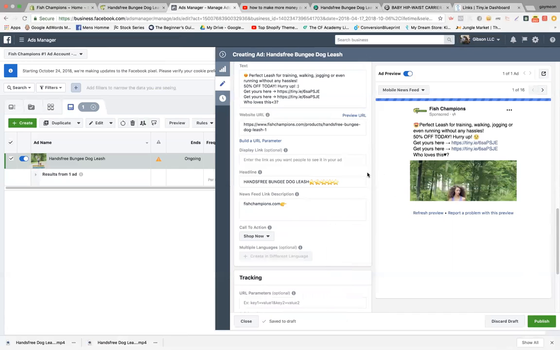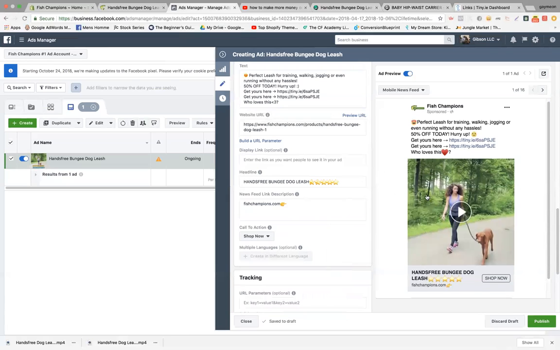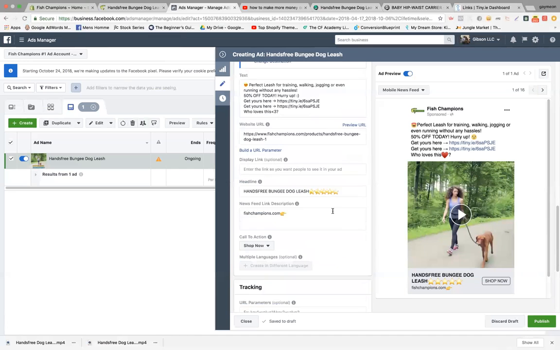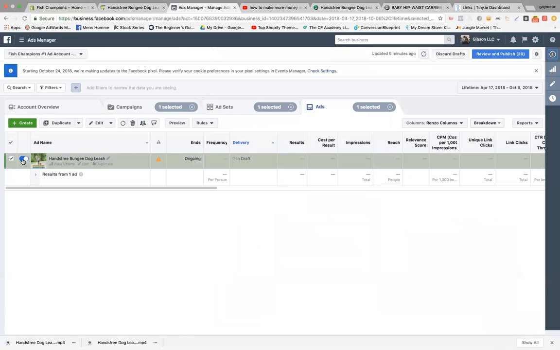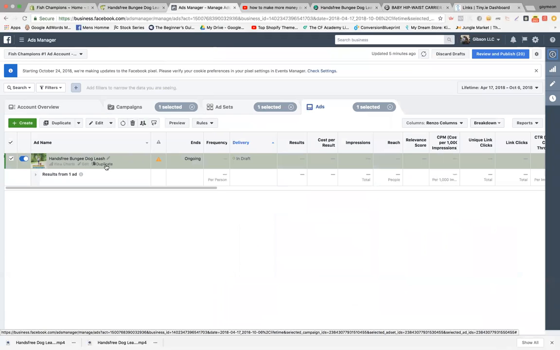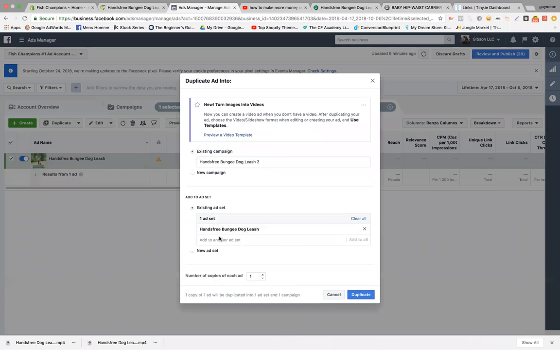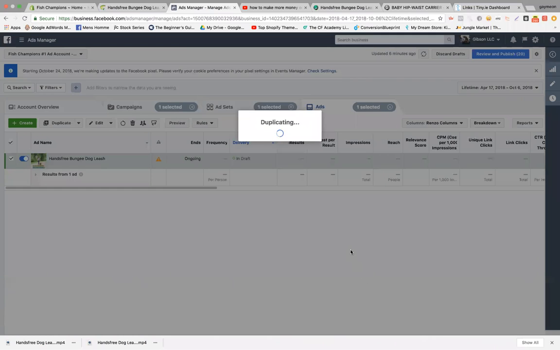So just going through the sequence, you want to see what it looks like when the customer sees it. Perfect, it's looking great. All right, hands-free bungee. So the next thing that you're going to do is duplicate this ad 4 times. So Q4, our tested model is 4 ads per each ad set. So duplicate this ad 3 more times, and all we're going to do is change the